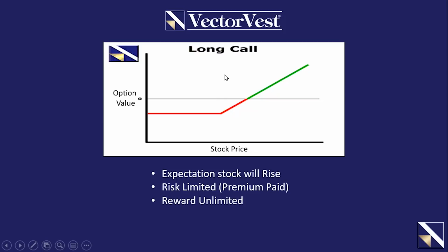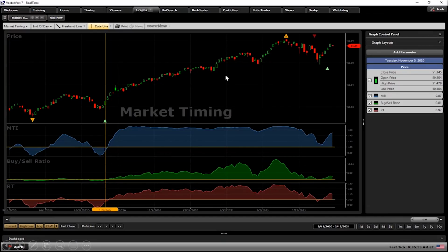Now, one of the keys to being successful trading options is to be able to align them with the market trend. And so I'm going to use an example from just a few months ago when our DEW timing system went from a down to up situation. That was on November the 3rd of 2020. Most traders of options fail because they just refuse to align their trades with the market trend. And so VectorVest is very powerful in allowing us to recognize those short, intermediate, and longer term trends.